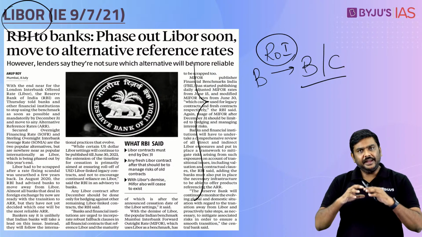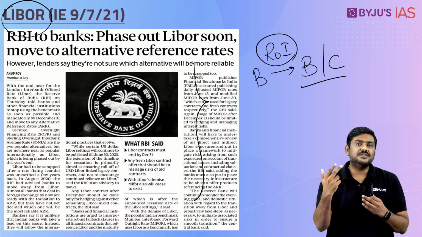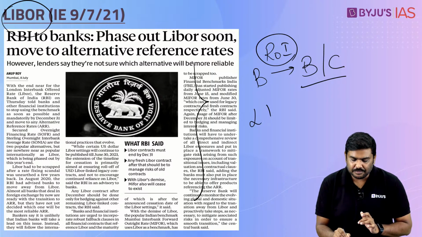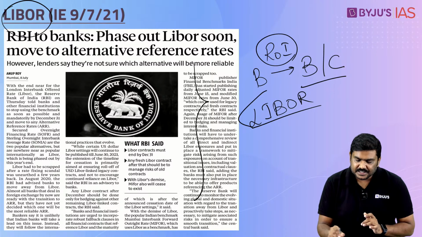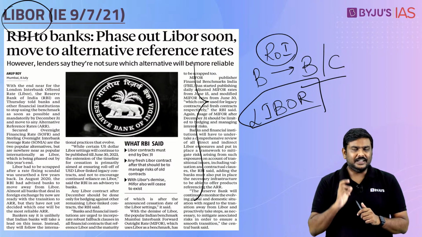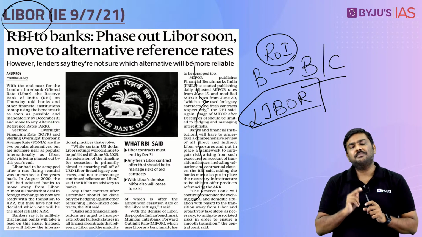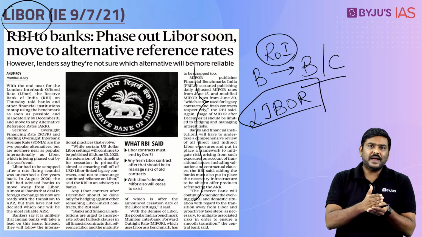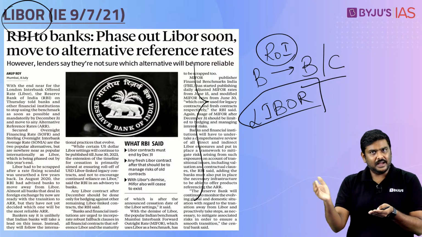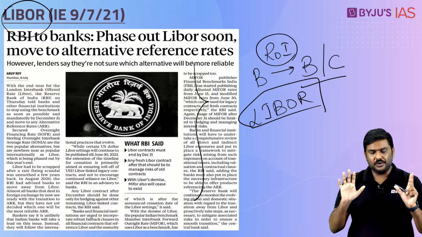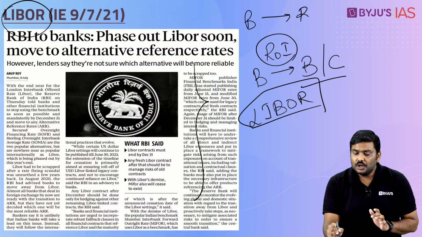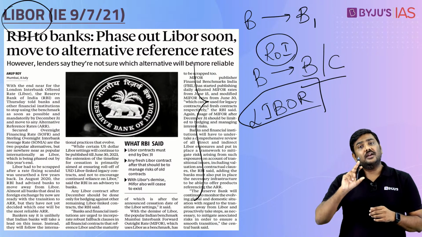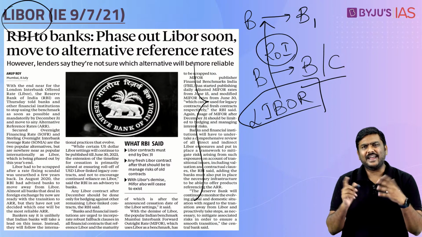In the same way, in the international market, there are certain financial transactions taking place, and while deciding the lending rate, they use something called LIBOR. LIBOR is an acronym which stands for London Interbank Offered Rate. In a nutshell, please understand this: LIBOR stands for the rate of interest which one bank giving an unsecured loan to another bank will charge. When one bank gives a loan to another bank and it is unsecured, with no collateral involved, the rate of interest charged is the basic idea of LIBOR.